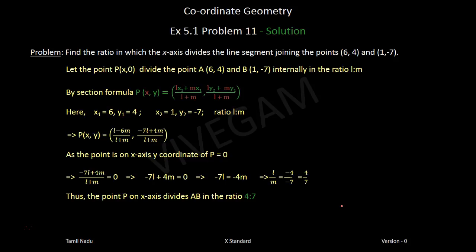Right, so what we are having: let the point be (x, 0) which divides this into this. Use the section formula. What is x1, y1? It is (6, 4). x2, y2 is (1, -7). The ratio is L is to M. So let's write the formula. What is the coordinate of the dividing point (x, y)? It's L x2, L into 1. L into 1 is L, and M into x1, M into 6 is,